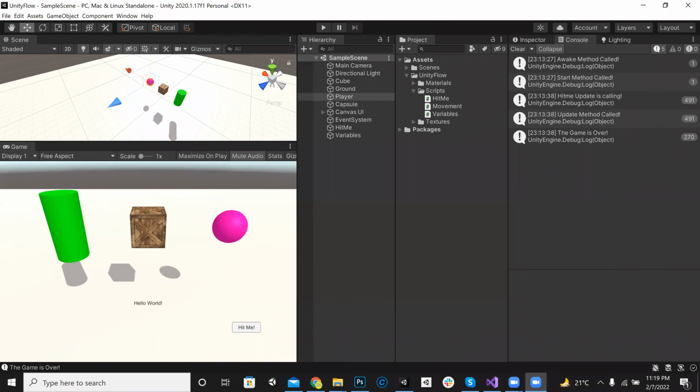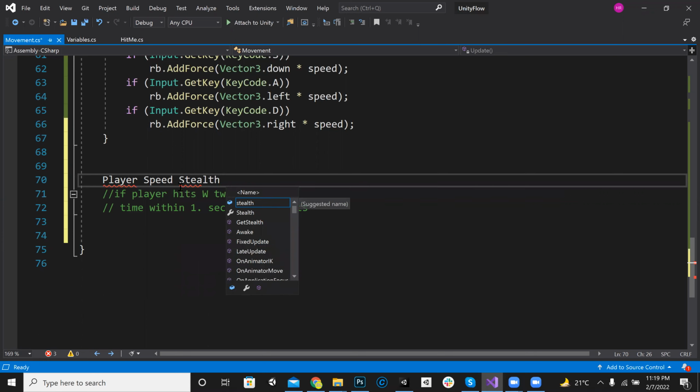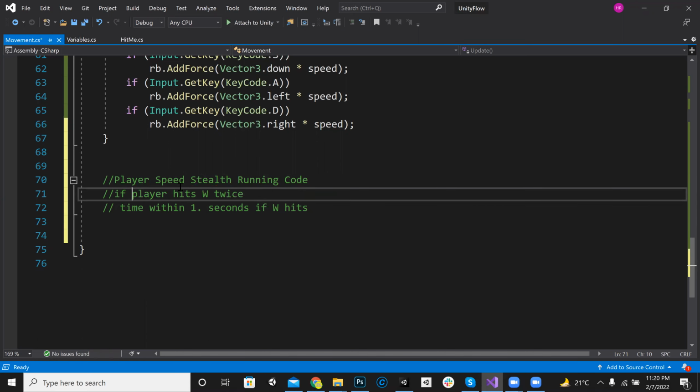Over here, we have to make... We were talking about player speed, stealth, something like stealth and a running code. So we have to make an algorithm for that. If the player hits W twice within 1.5 seconds,